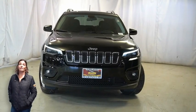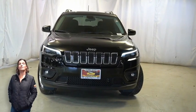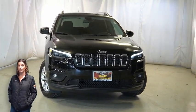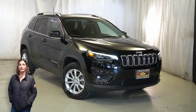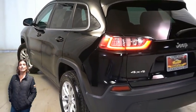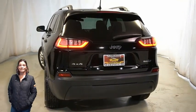If you're looking for a functional compact SUV with reliability and safety for the whole family, then take a look at this certified, pre-owned 2019 Jeep Cherokee Latitude in diamond black crystal pearl. With automatic headlamps, front LED fog lamps, 17-inch aluminum wheels, power heated mirrors, deep tinted sunscreen, bright side roof rails,